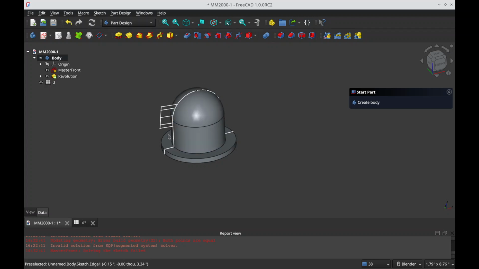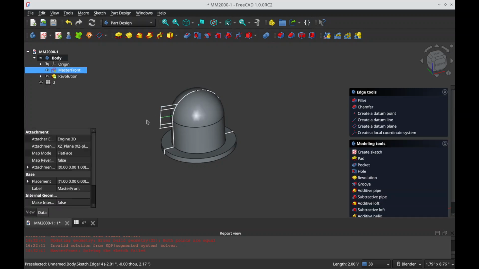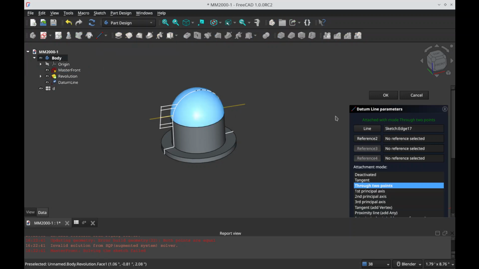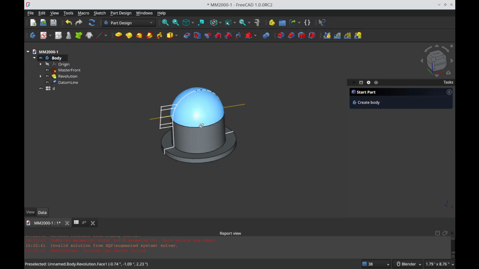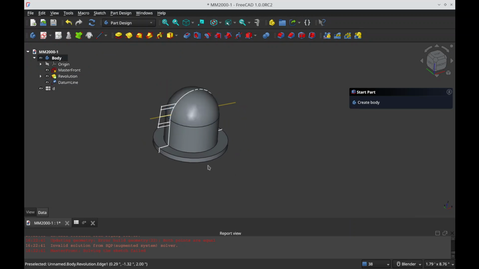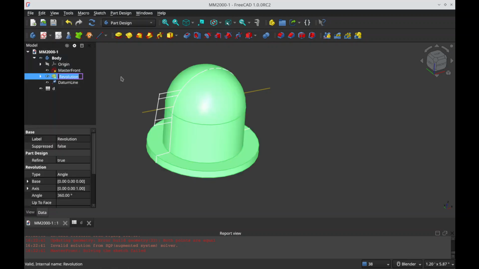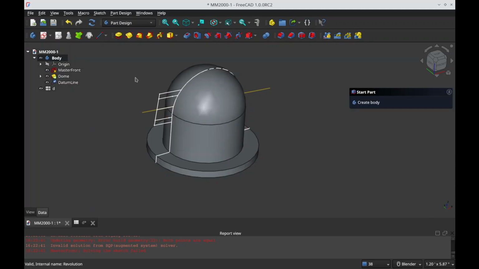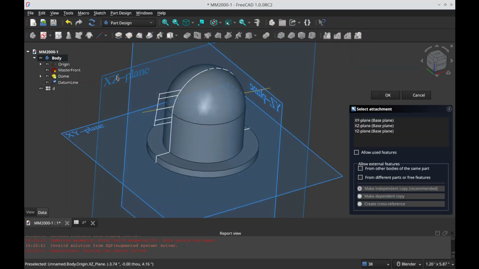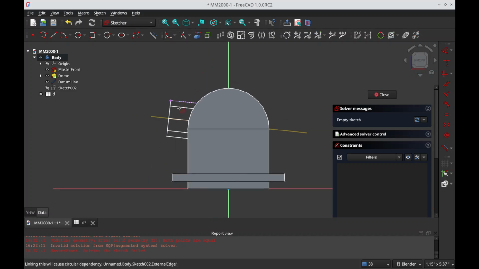The pipe, because it's at an angle, instead of doing a datum plane or something, I think it might be easier to just do a revolve and then select this line. Let's do a datum line along it, just so that we've got some sense that this is properly a construction line. And then we can actually just do another revolve around it. And that might work. By the way, I'm going to call this dome. It might not exactly work, so I'm curious to see what happens here. But I'm going to create a new sketch on the XZ plane, pull in our external geometry as a pipe,